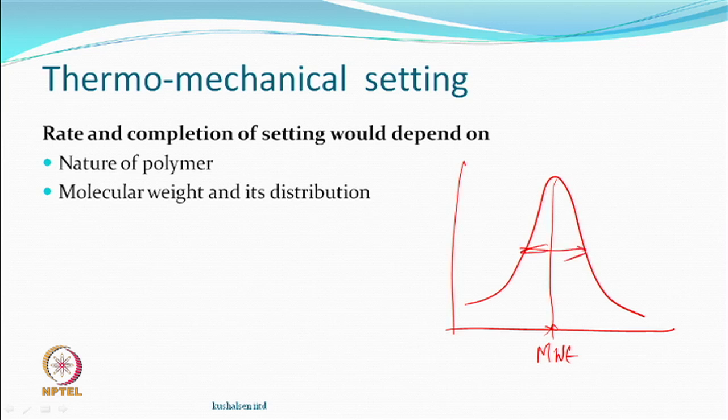So, this spread is the one which tells you whether the controls were good or not so good. You can also have a situation where the average is the same and you have a wider distribution. That means molecules of very large molecular weight as well as molecules of smaller molecular weight are also pretty high.